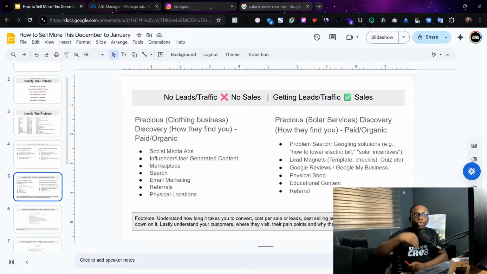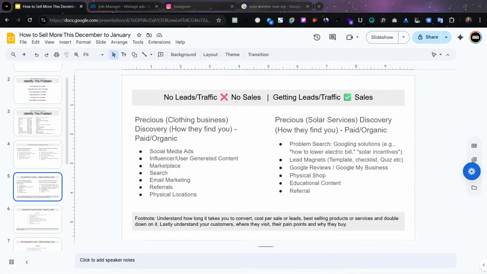So first of all, do things. Maybe you have two services and you don't know which one will click. Let's use clothes: you have baby clothes, or maybe jeans and a shirt. You run those ads and you don't know which one may click. For example, the inverter business: people may be interested in solar, or the battery, or the solar installation. You may not know until you run ads and see that three persons have requested installations. So now you double down on that installation. Then those guys may come in saying, oh, I want to get a new battery, I want to get a new thing.